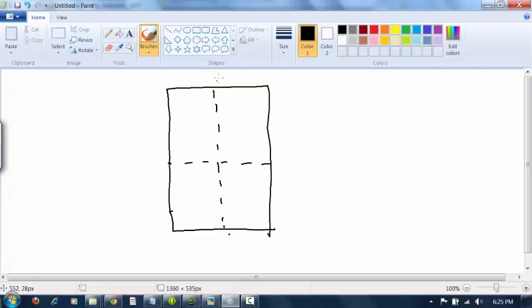Means this is top, bottom, left and right. This quadrant is considered as top right. This one is top left, bottom left and bottom right.